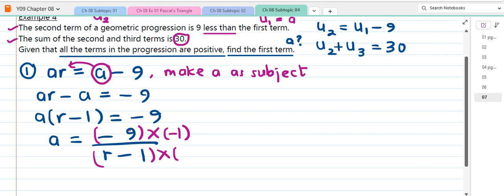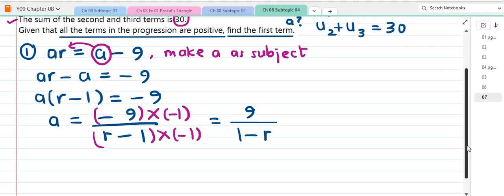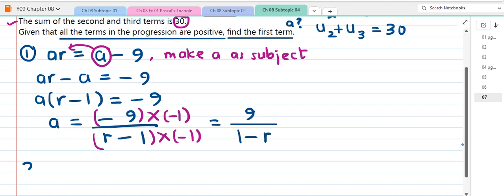So we change all the signs in the term. So you will have positive 9 equals to negative r plus 1, or you can write down 1 minus r. Right, so let this be the first equation. And as for the second equation,